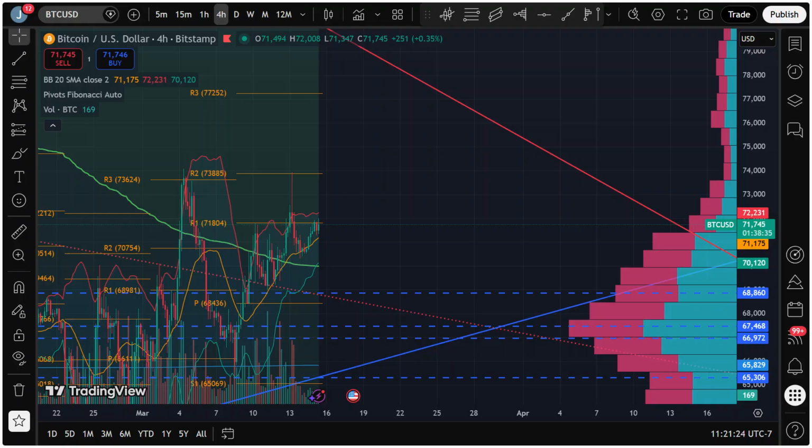In the short term, however, we are probably going to see, again, if we get a squeeze down towards the SMA, which is at 71.2-ish, that's still higher than we originally said. So in Monday's newsletter video, I said that we needed to have a close on the week above about 70.2K, which I'd be happy with. Currently, we're at 71.7, which puts us pretty healthy above where we need to be, at least to be above the 50% mark of that range that we're in, which again, I'll talk about on the weekly time frame shortly.